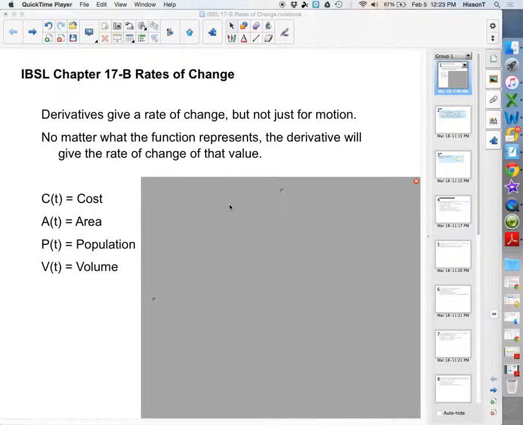What we're looking at here is we want to apply what we know about derivatives to other situations. It's kind of natural to think about velocity and acceleration in terms of motion. I mean, that's the most common application of those. However, as you can see here,